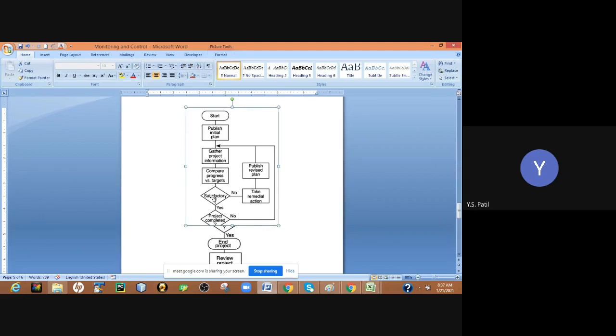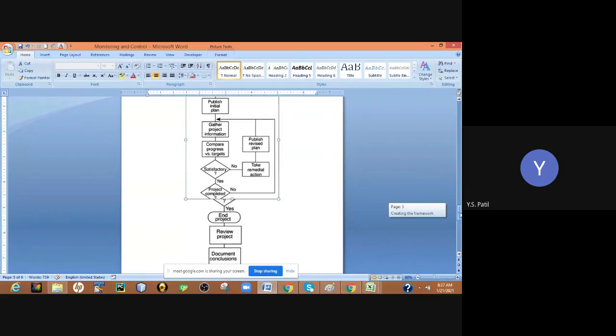Again we check whether it is satisfactory or not. If no, then again we look back. Till the result is satisfactory, we go on taking remedial action and revising our initial plan.